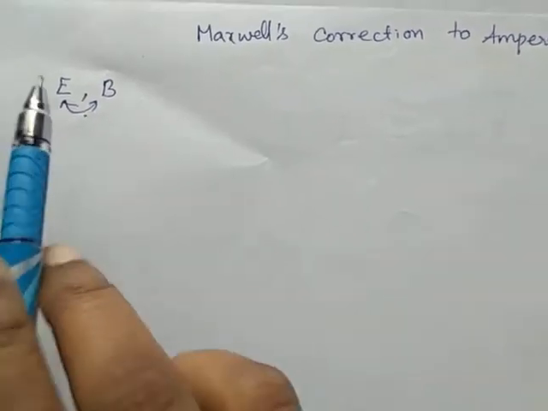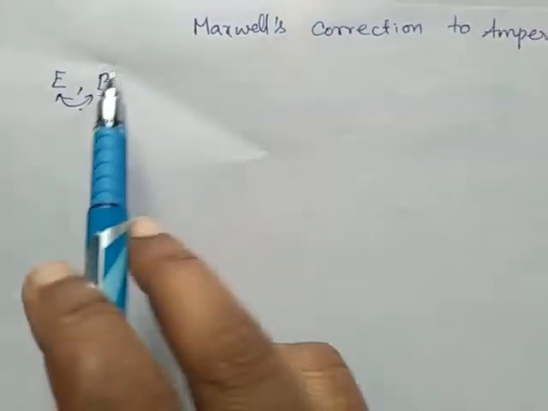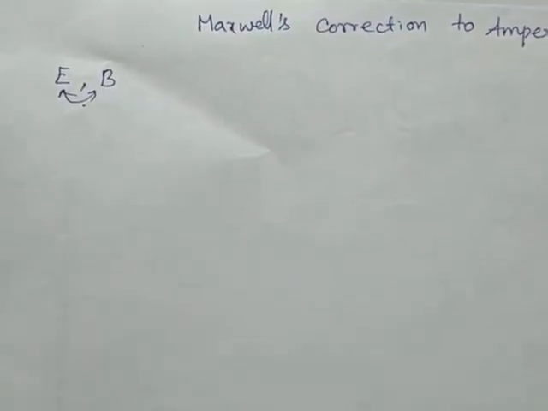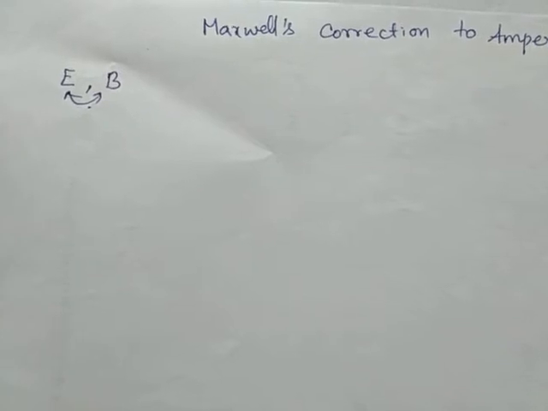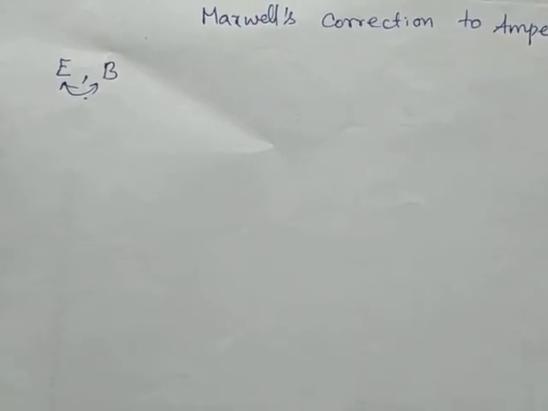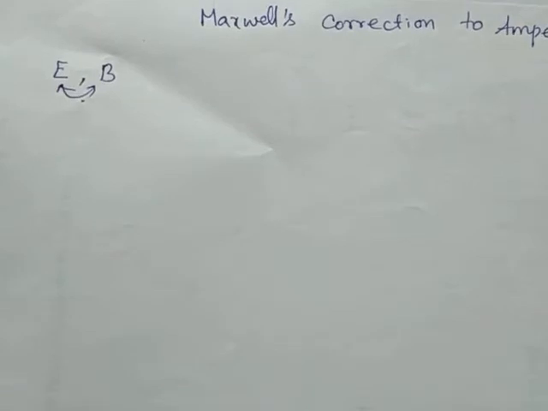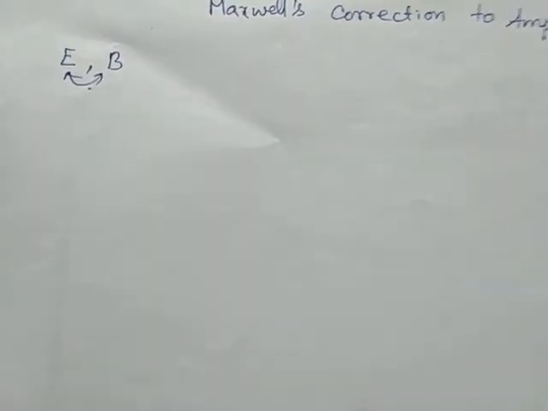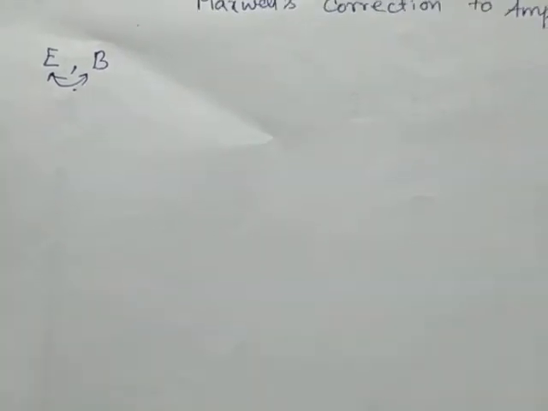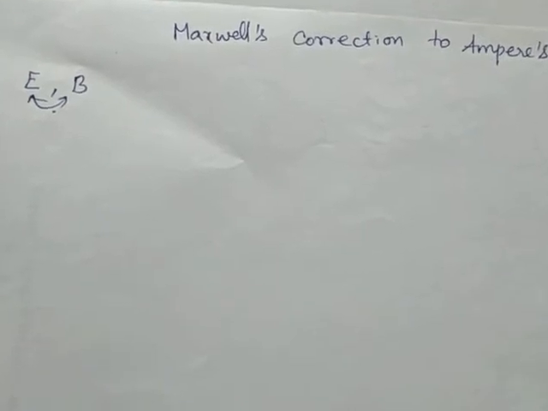It describes how the electric field is generated, how the magnetic field is generated, how the electric field and magnetic field interact with each other, and how the electric field and magnetic field are influenced by the object. Maxwell had a set of known experimental results, and he unified all those results and formed a set of partial differential equations.